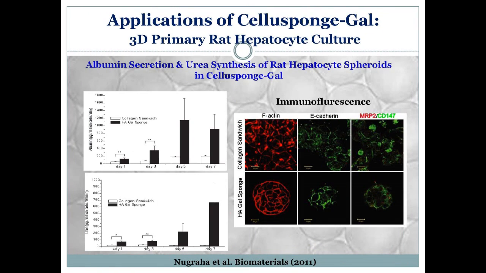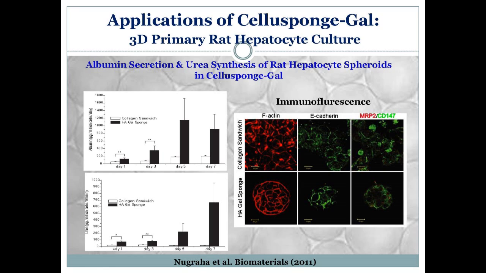More applications of Cellosponge galactose. On the left, albumin secretion and urea synthesis functions of hepatocytes in Cellosponge galactose in black bars and collagen sandwich in white bars. We can see the black bars all outperform the white bars on days 1, 3, 5, and 7. On the right, we see immunofluorescence of mature hepatocyte markers, staining F-actin in red,